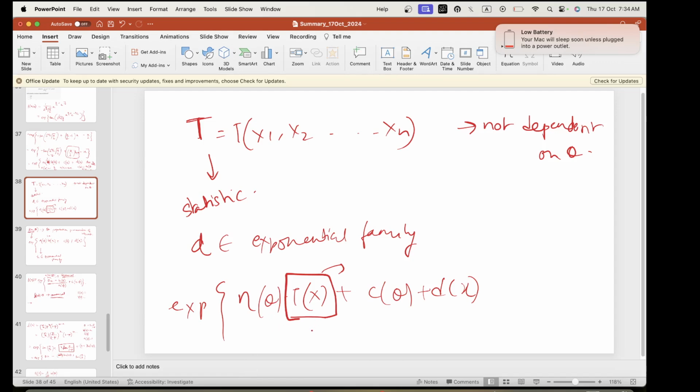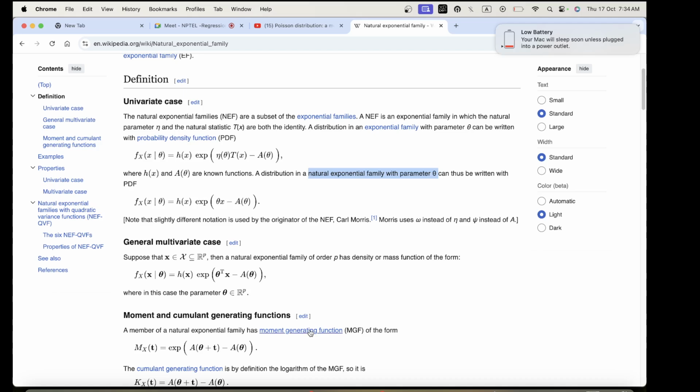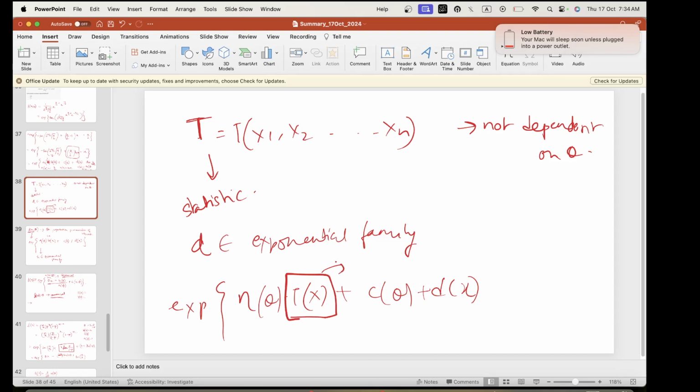Where is h(x)? Because as you have all seen on the website, there is the h(x) term after the exponential. Yes, so if you have h(x) over here and you want to keep it inside the exponential, all you need to do is